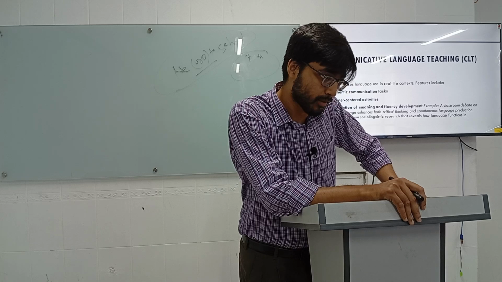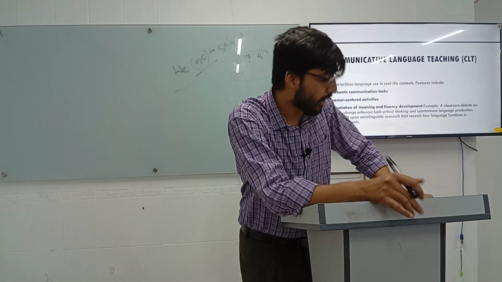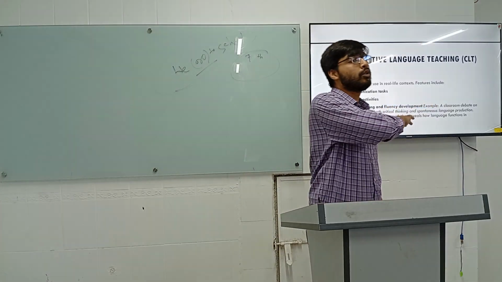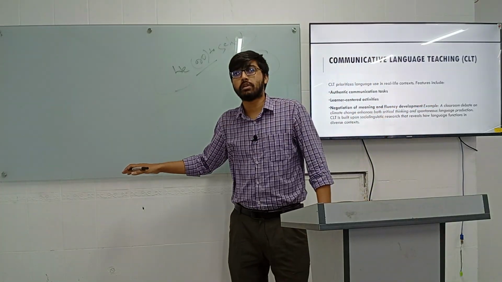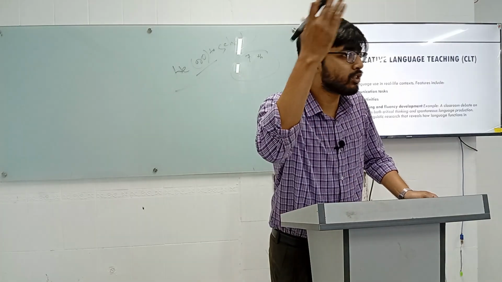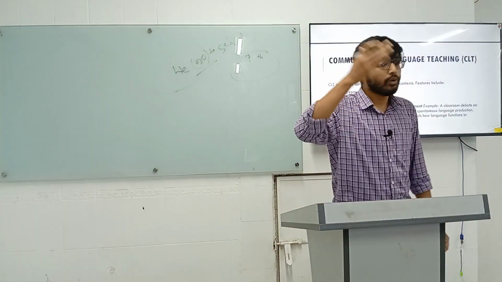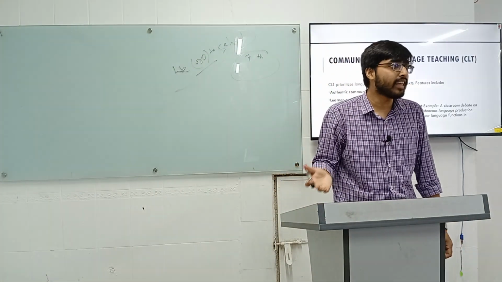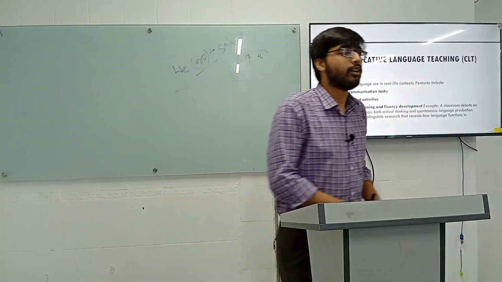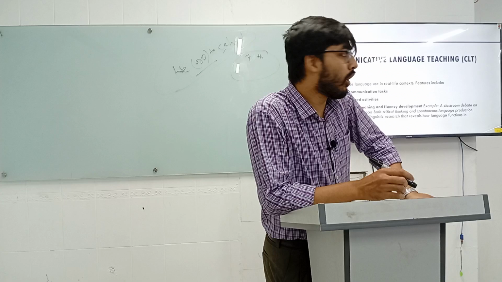So teachers can make the classroom such that, no matter whether you are talking in a good grammatical manner or not, we lower the affective filters, and then we could make the students learn fluency. So fluency over accuracy is the motto of